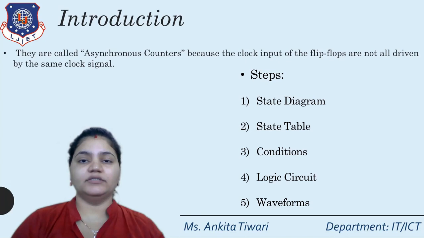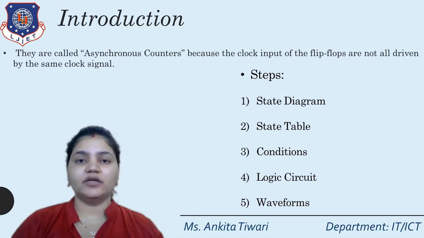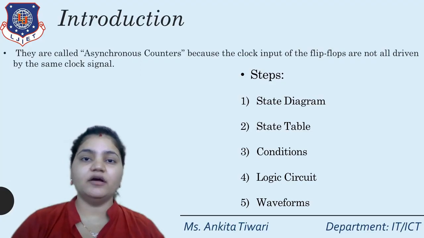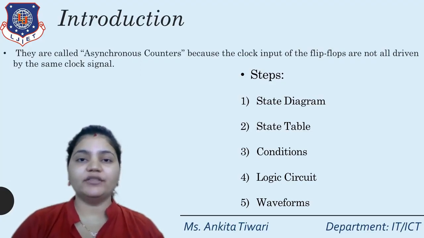The third step that we are having is conditions. Now, what are conditions? Conditions means in asynchronous counters, whenever we are drawing the circuit, it is based on the clock pulse. Now, the clock transitions can be edge triggered, it can be positive going, it can be negative going, low level, it can be high level, in any of the forms. So with respect to that, we need to find out the conditions when the present state becomes the next state. So that conditions have to be written in the form of flip-flops with the number of bits. So as many bits as there will be, that many conditions will be there in the circuit.